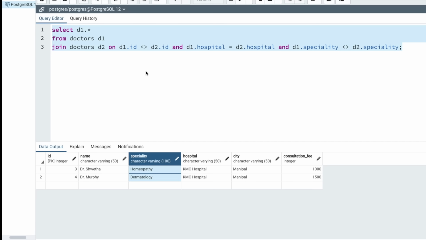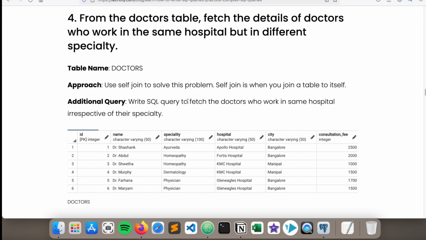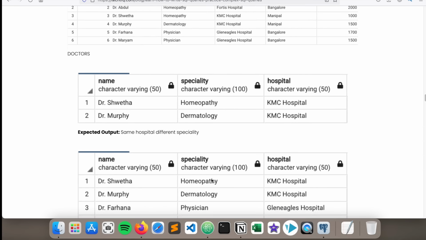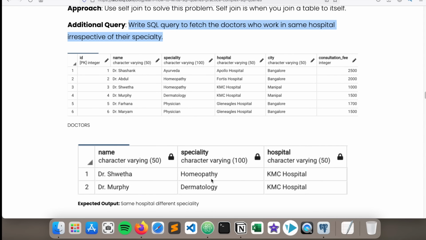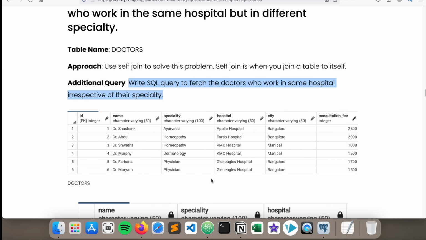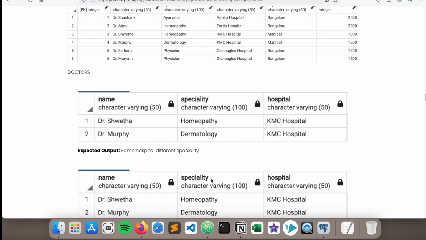I hope this was clear. In my blog, along with that particular query that I have written, I have also mentioned an additional query which you can solve. I have the script in the attachment here, but you can try to solve it yourself. If you are trying to solve any of these queries and you don't get the output, or you are confused about how it is working, especially for the queries which I do not cover in this video, you can leave a comment either on my YouTube or in this blog, and I'll try to help you guys.